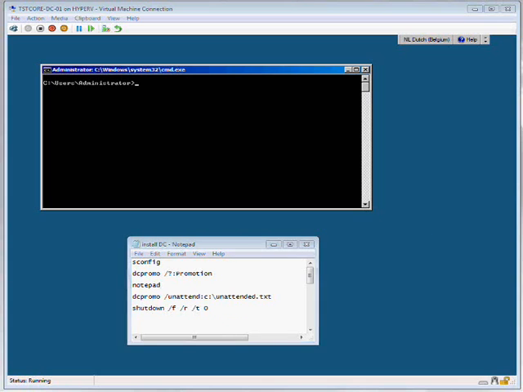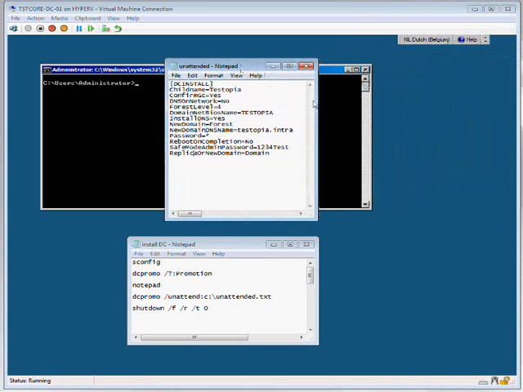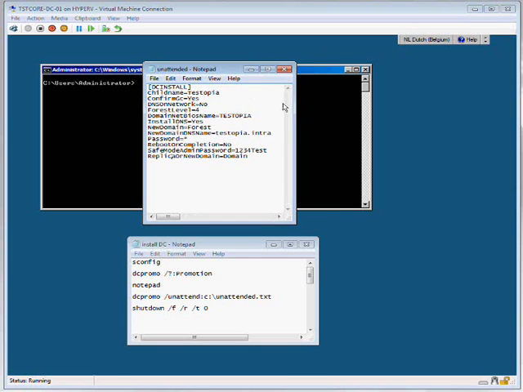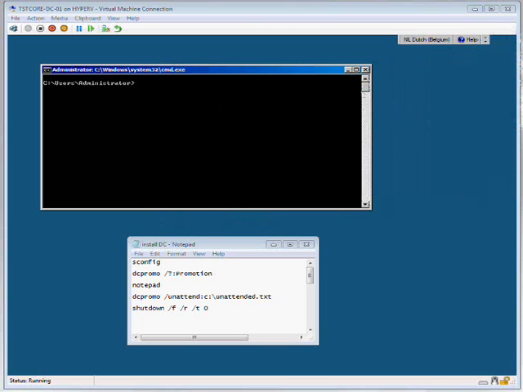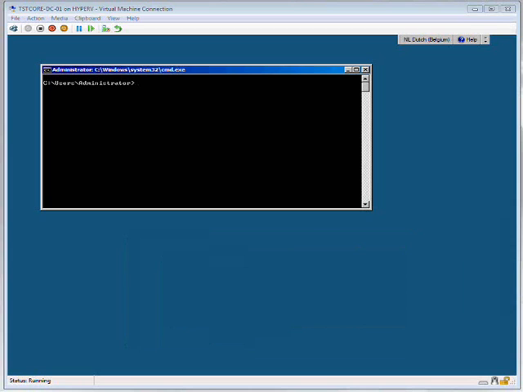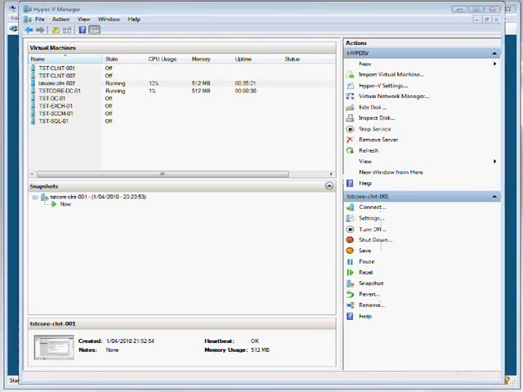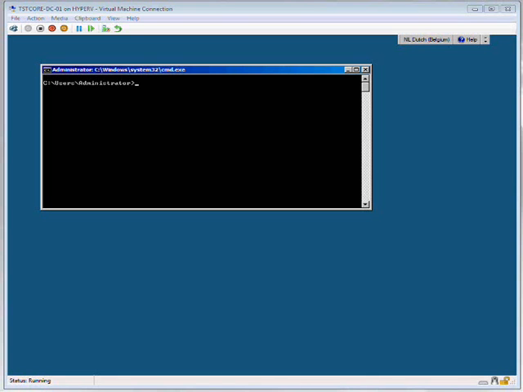I'm going to show you the unattended file also. In here, these are the settings I gave with my domain controller. This should be sufficient for you to note it down if you hit the pause button. Okay. Now we can configure